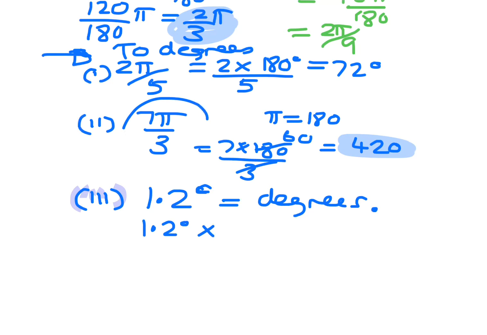If you're given the pi, you just put the 180 where the pi is. That's what's happened in all of these, 180 where the pi is. But this one is as a decimal, so it's not actually in terms of pi. Now,